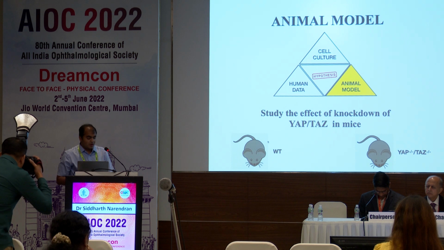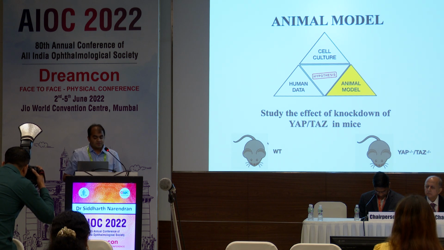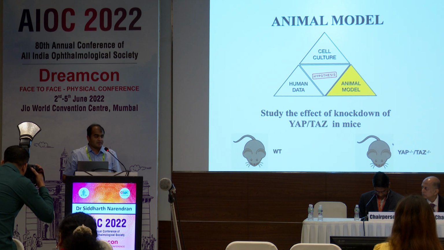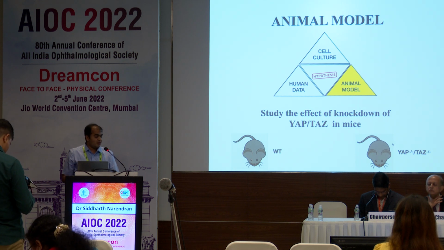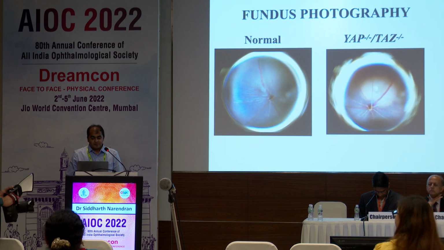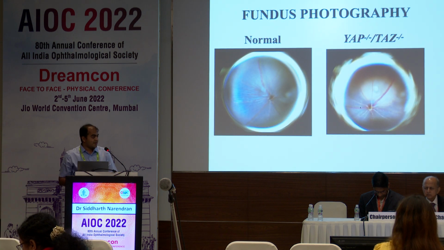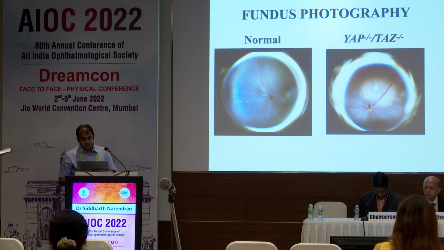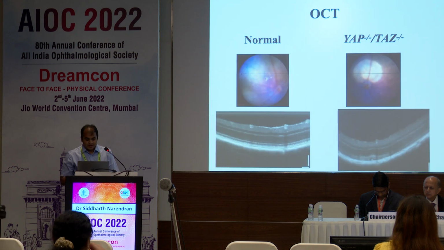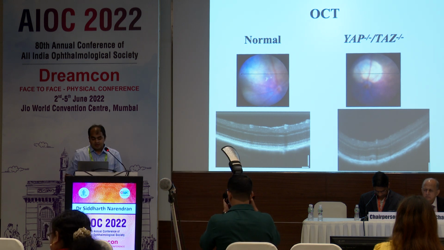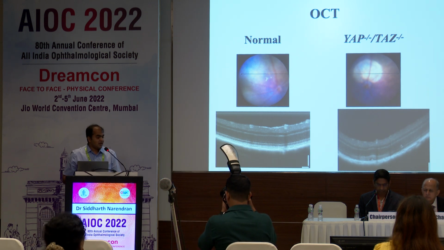These are wild type mice, where the expression of YAP and TAZ is normal in the RPE, and these are double knockout mice, where YAP and TAZ are deleted only in the RPE. On fundus photography of these mice, we see that in the mice where YAP and TAZ were deleted, there was RPE degeneration, as evidenced by this local area of hypopigmentation compared to the normal mice. Again, on OCT, the YAP and TAZ double knockout mice showed RPE loss and secondary photoreceptor degeneration compared to the